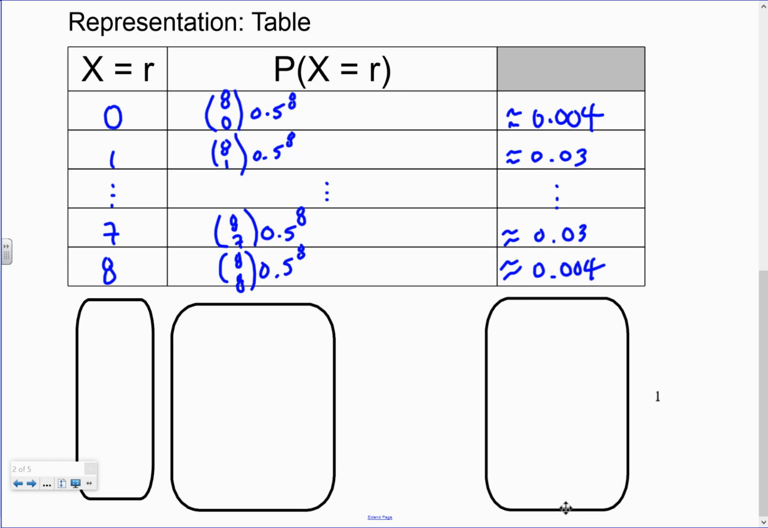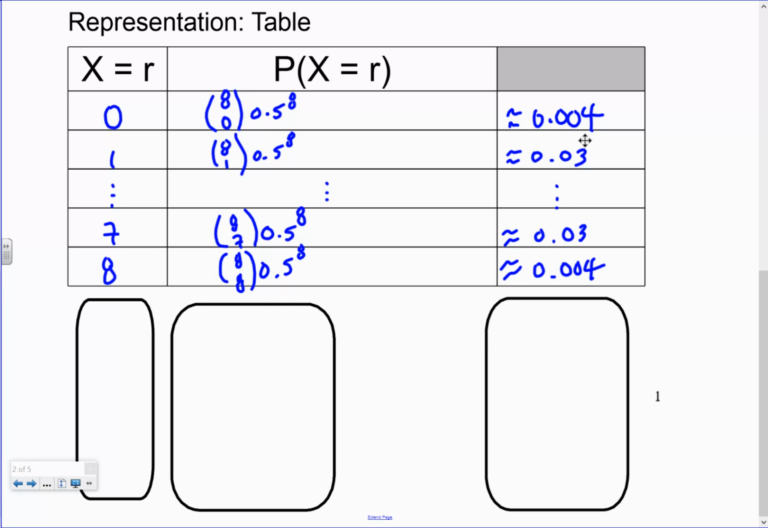So for 0 patients recovering out of the 8, there's about a 0.004. That's not a percentage, that's just a decimal value. So it's a very small percentage of patients that would not recover. 0.03, or 3 out of 100 patients, is the case of 1 success. So leaving the middle blank, of course, you can see that these particular probabilities are